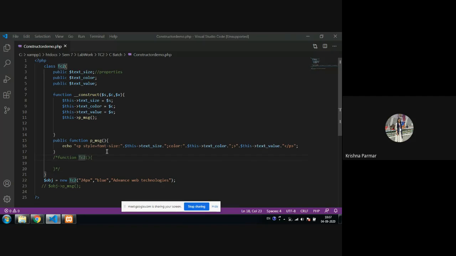One thing I want to tell you is that PHP always calls only one constructor. If you are providing more than one constructor and the signatures and parameters are the same, then it will call the constructor only one time, according to your object creation. If you are passing three parameters, the constructor will be called accordingly. So make sure PHP calls only one constructor.